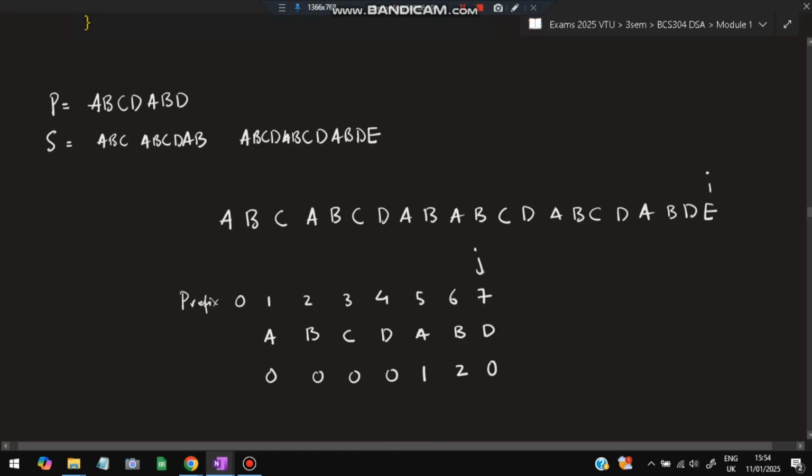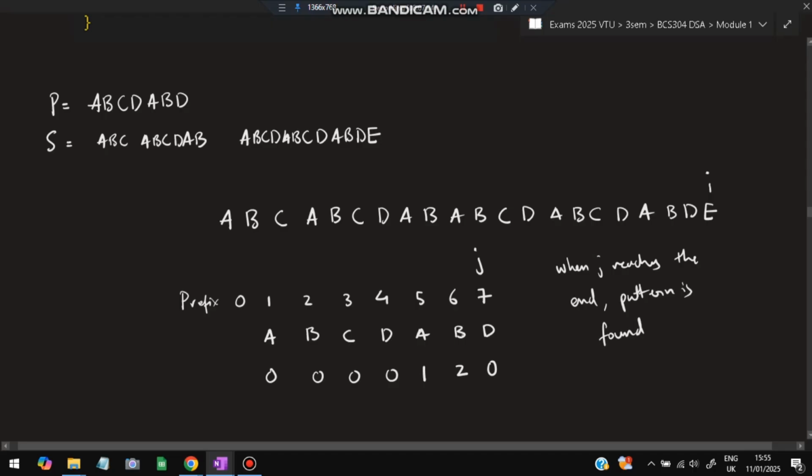Now observe one thing carefully. J plus 1 has reached the end. We have nothing else to compare here. I'll be writing here: when J reaches the end, pattern has been matched. Pattern is found, because unless and until pattern is found, we cannot reach the end,